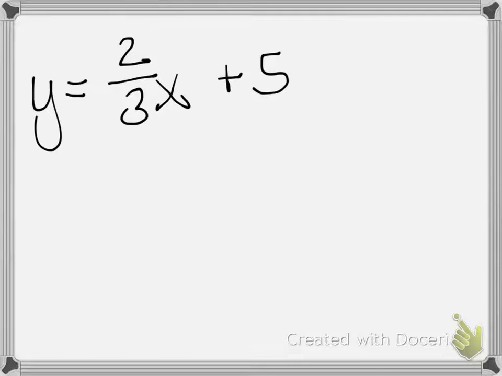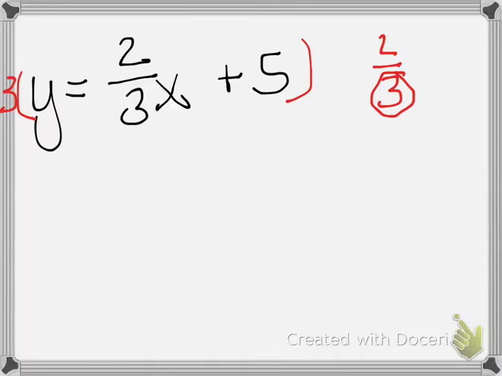Okay, now I have some fractions. Okay, we kind of talked about these fractions and what we're going to do with them. Well, we need to get rid of them. Okay, and in order for me to get rid of them, I'm going to have to do some multiplying. Now, I need to decide what I'm going to multiply by. In order to clear this 2/3, I'm going to multiply by the denominator, because that way I know that it'll be divisible by that, so I can go ahead and eliminate it. So if I multiply everything by 3,